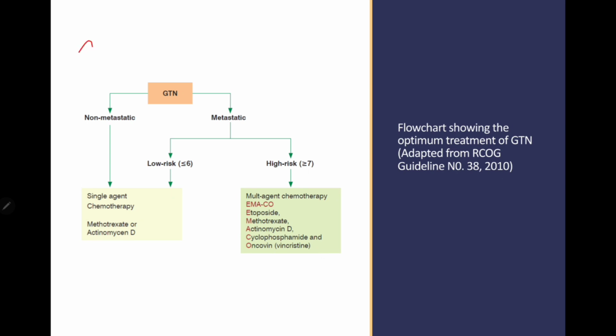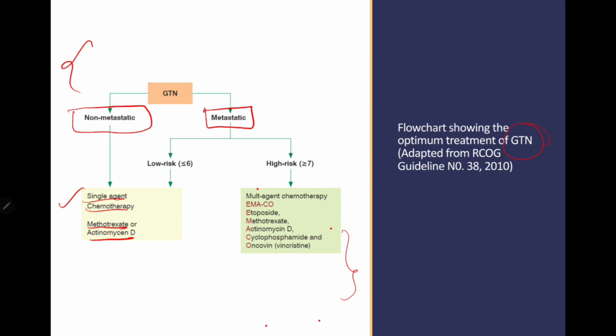So this is the flow chart showing the optimum treatment of gestational trophoblastic neoplasia. If you look, gestational trophoblastic neoplasia first is going to be divided as non-metastatic and metastatic. That is the first classification. If it is non-metastatic, then I will give a single agent chemotherapy, that is methotrexate or actinomycin D. Only to patients who are resistant to methotrexate, I will be administering actinomycin D. And